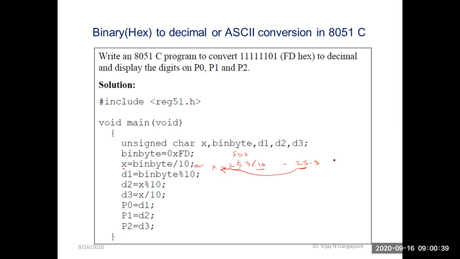That means after this statement, X will have 25. Then D1 will be equal to bin byte percentage 10. Bin byte is 253 in decimal. Percentage is the remainder operator after division. So 253 will get divided by 10, and the remainder will be 3, and it will get stored in variable D1. So D1 will have